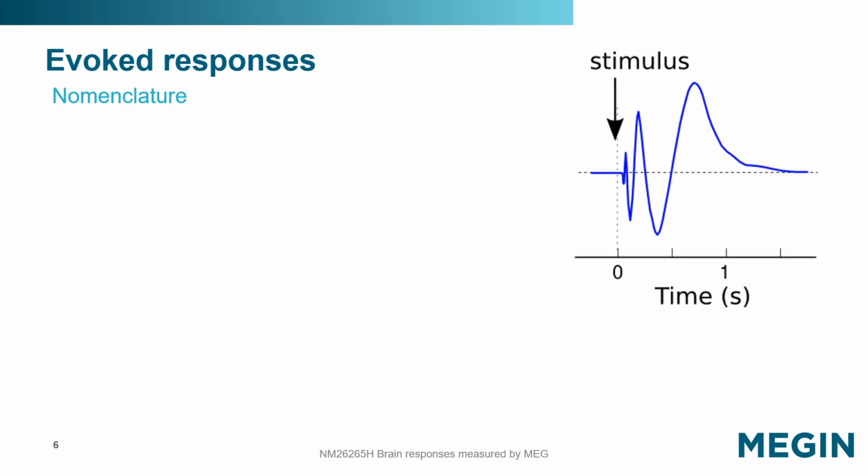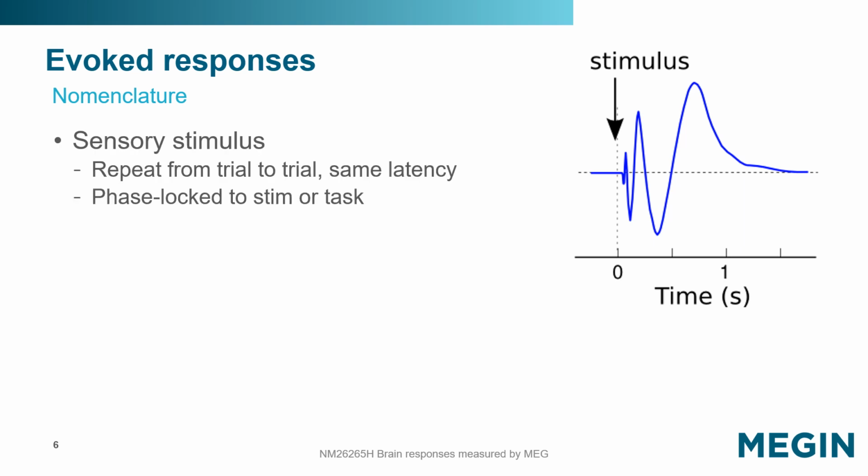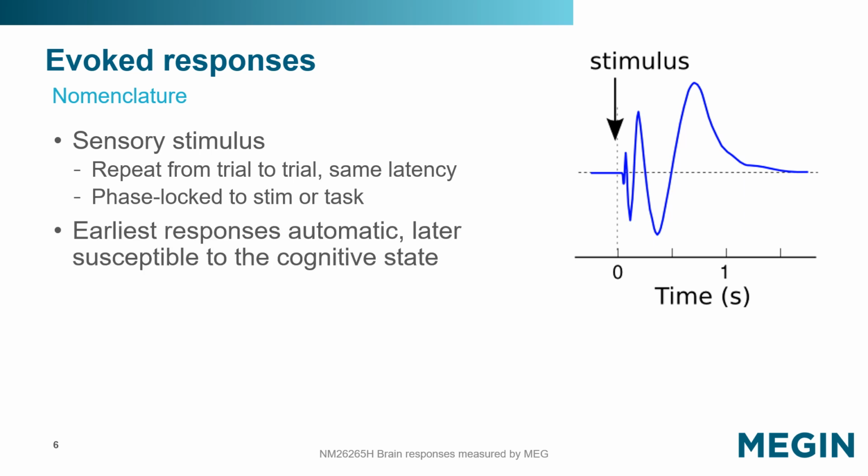Let's consider the evoked responses more carefully. Evoked responses are neural activations that repeat from trial to trial, at the same time phase-locked to stimulus or task onset or offset. Evoked responses are typically detected within the first second from the stimulus presentation or execution of the task. The earliest salient responses, for example those of shortest latency, are typically short-lasting and tightly locked to the stimulus. They yield sharp responses even when averaged across multiple trials.